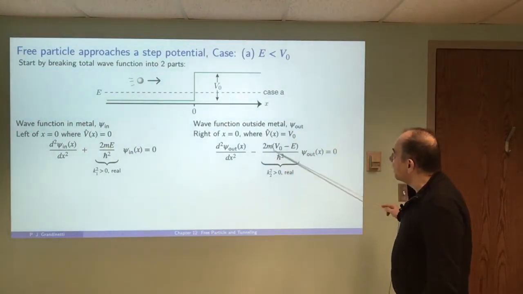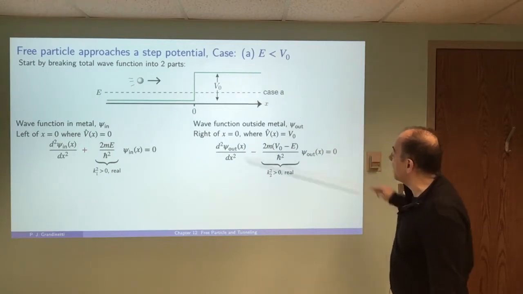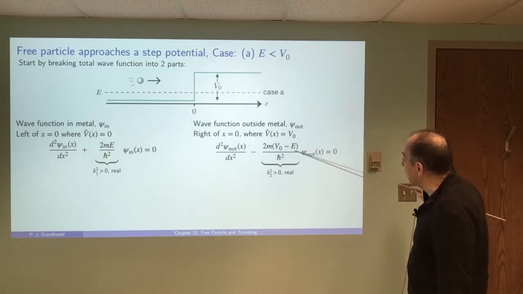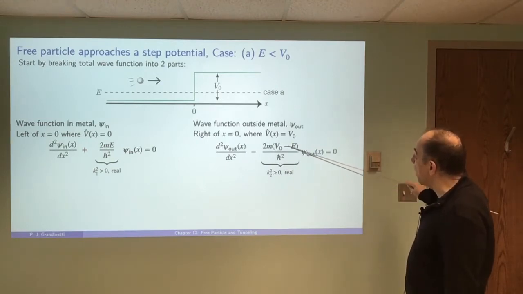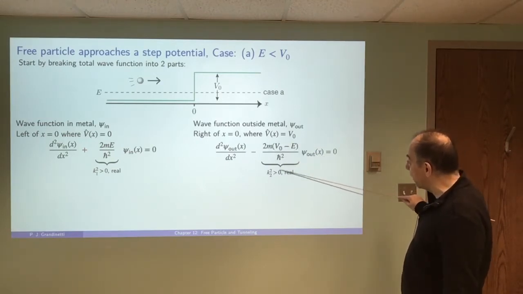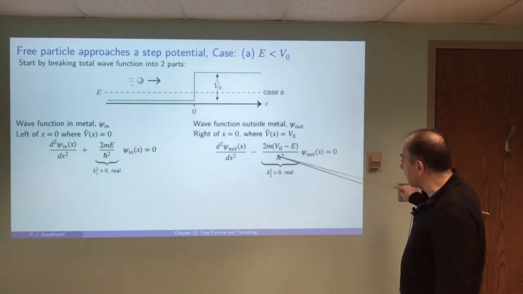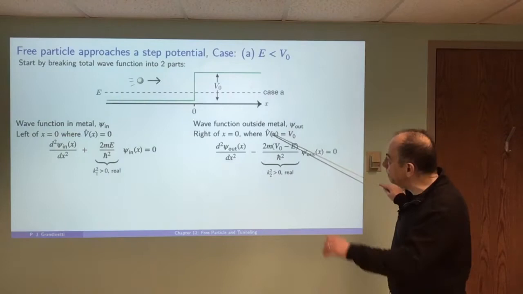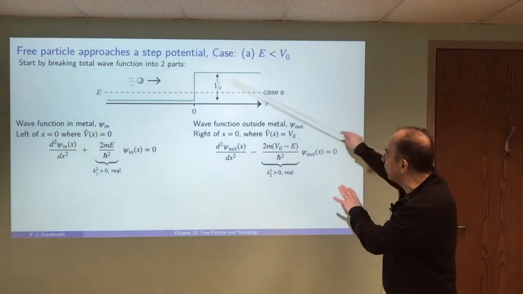On the left, when we have a potential where, remember, our energy is lower than that V naught, we get this term over here. And this quantity, 2m(V naught minus E) over h bar squared, I'm going to call k2 squared. That's also a positive quantity, and that's real. But when I wrote this out, I had to put a negative sign here